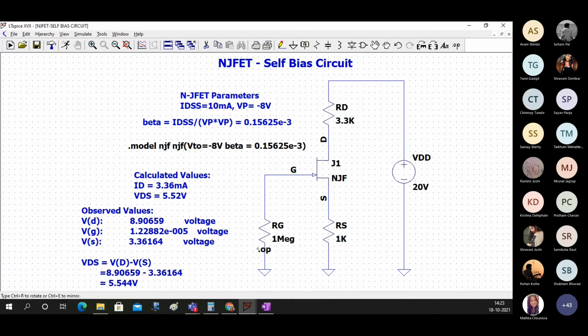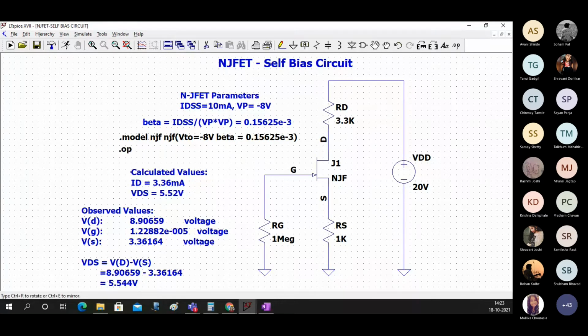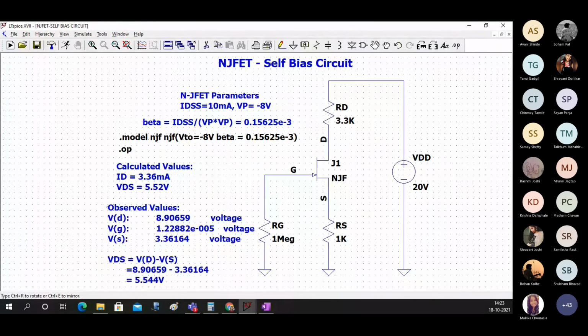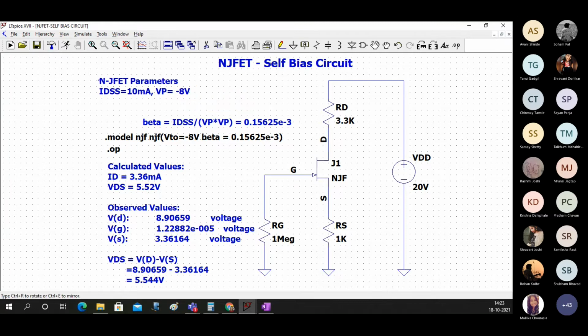So I want you all to do this. These are the commands, keep them nicely over here, and the JFET parameters with this.